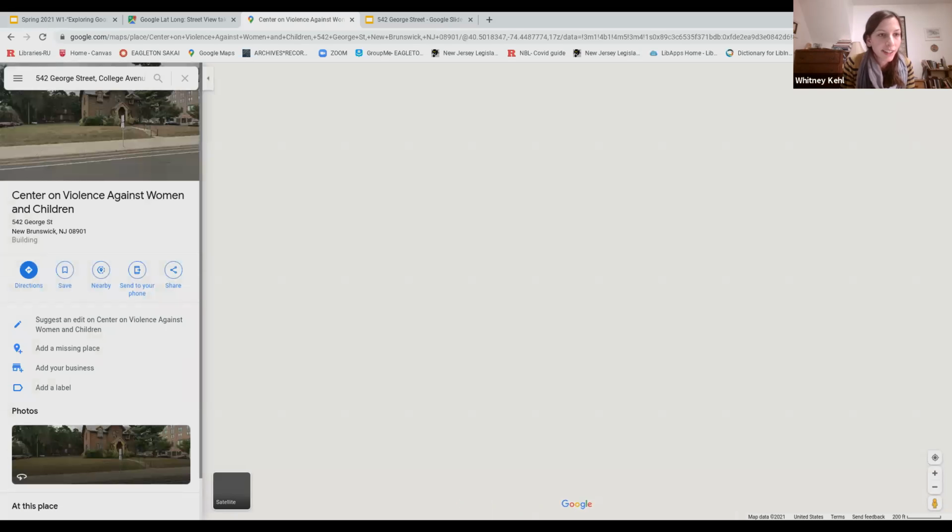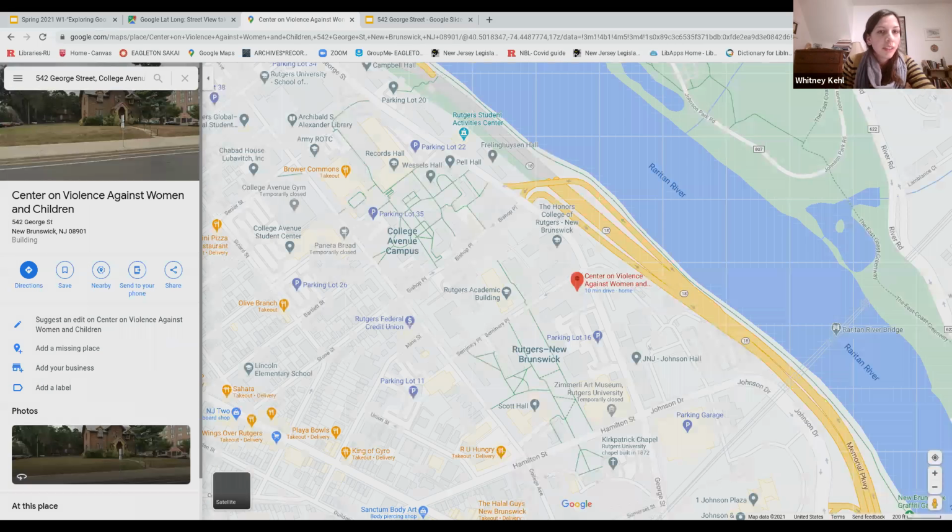So this building, 542 George Street on the College Avenue campus, it actually is not the Center on Violence Against Women and Children anymore. That unit of the social work department of Rutgers vacated the building in 2019. And as far as I know, there isn't a new department or unit officially in there right now. And I don't know if it's actually vacant or if the school social work just uses it as general office space. But I typed in an address, and what I was talking about before about the two ways to get into Street View,